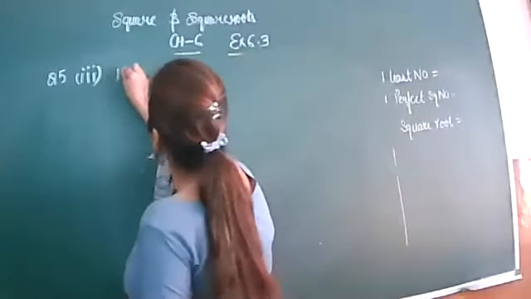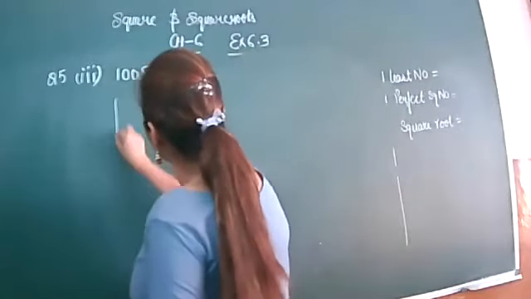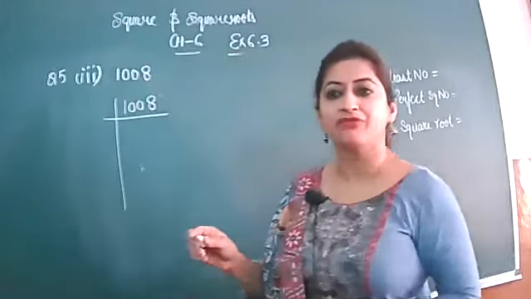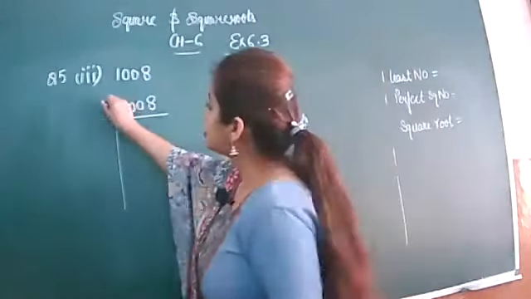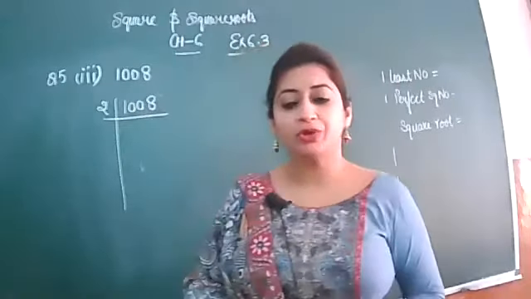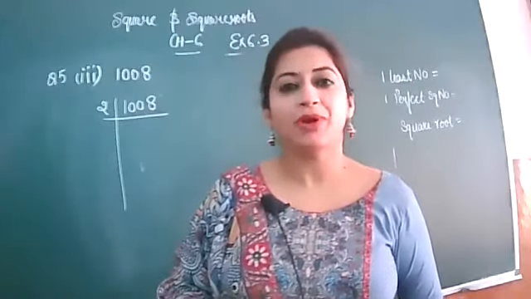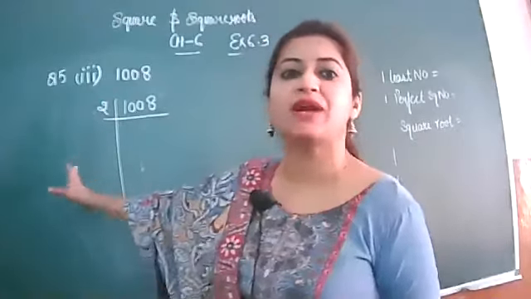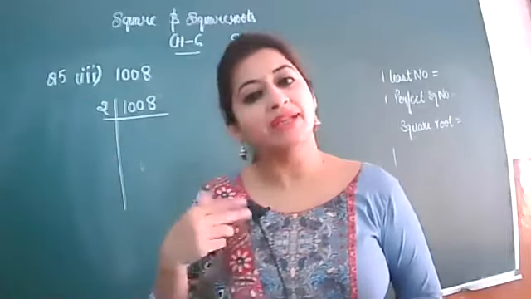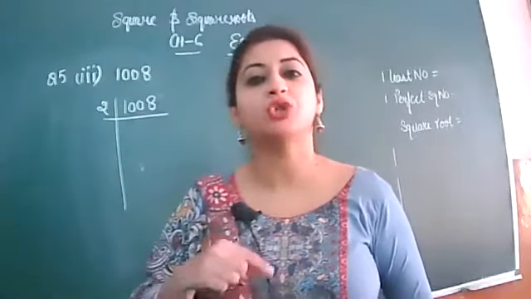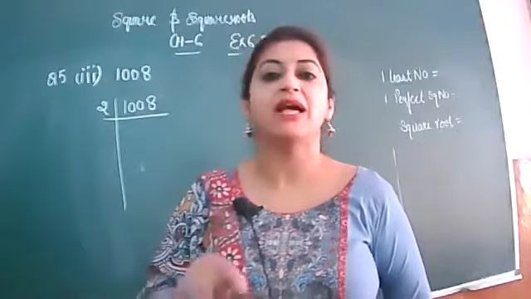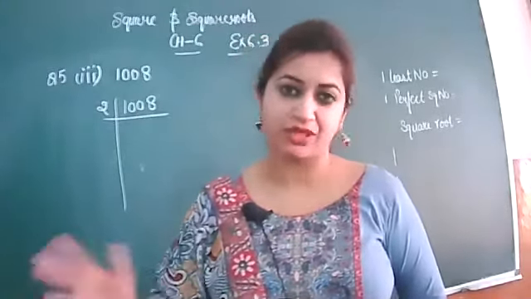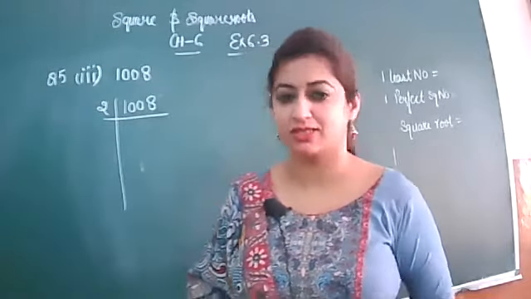Third part is 1008. So find the factors of this number again by the prime factorization method. Okay, I want to tell you one thing. कभी भी क्वेश्चन आ जाए कि किसको किससे मल्टीप्लाई करें या किससे डिवाइड करें, तो प्राइम फैक्टराइजेशन मेथड फॉलो होता है. And in the next exercise, if the question is what should be added and subtracted, then the long division method will be followed, that we will discuss after this. Got it? That we will discuss later on.